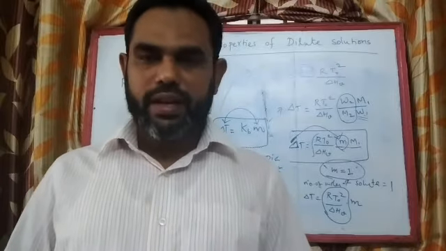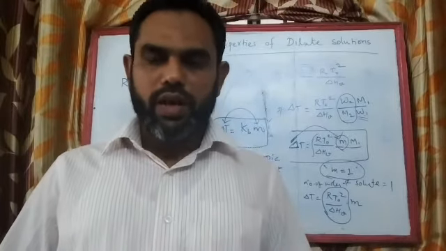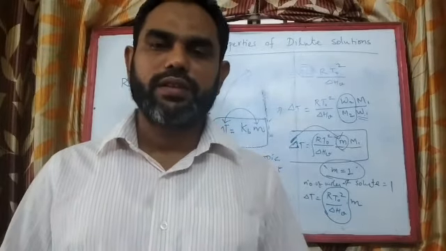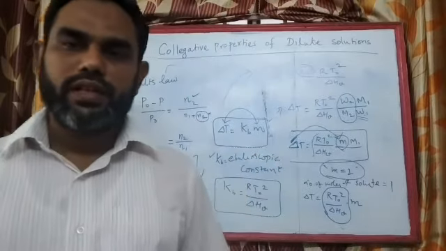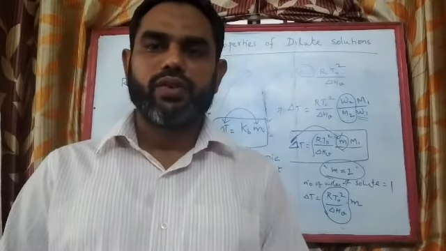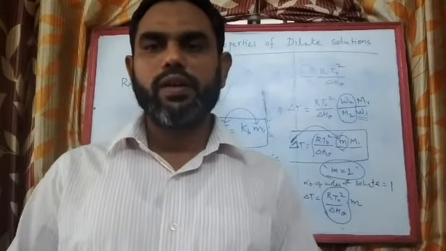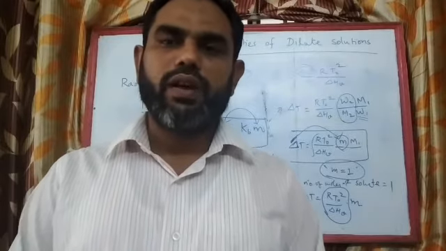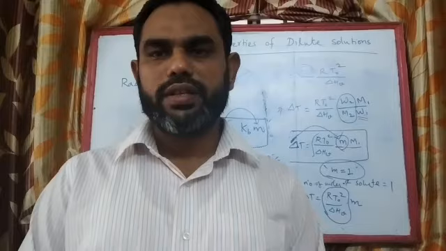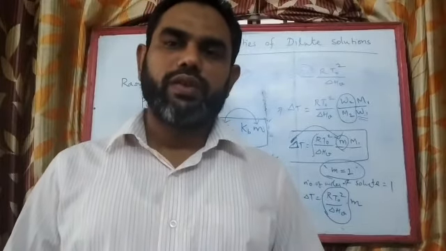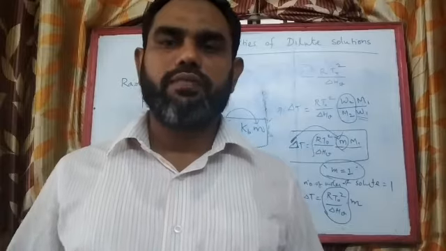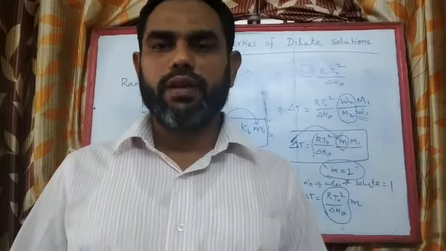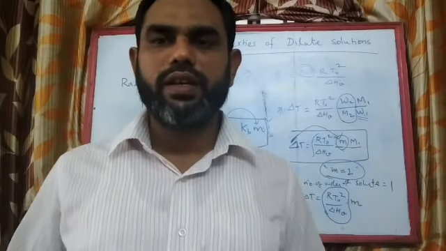Okay, so let me recollect once again. When a non-volatile solute is added in a little amount to a large volume of a solvent to prepare a dilute solution, the boiling point of the solution increases when compared to that of the pure solvent. The increase in the boiling point upon addition of a little amount of non-volatile solute is called elevation of boiling point. So we have to prove that the elevation of boiling point is a colligative property. It depends only on the number of moles of solute and not on the nature of the solute.